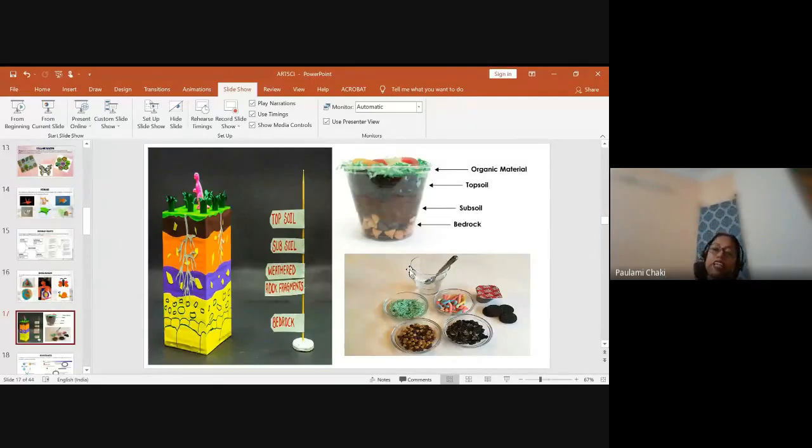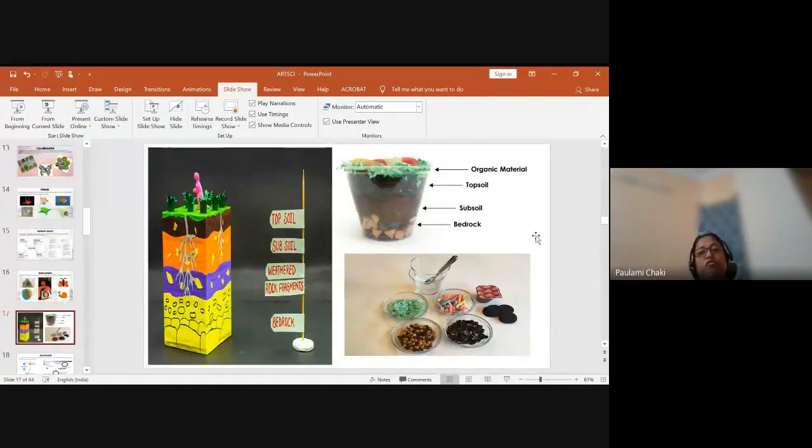They can nicely use different colored papers, or they can use newspapers, wrap it. Newspaper is reuse, recycling, wrap it and then color it, different colors. And then they can use a little bit of origami also, and they can represent the different types of soil.